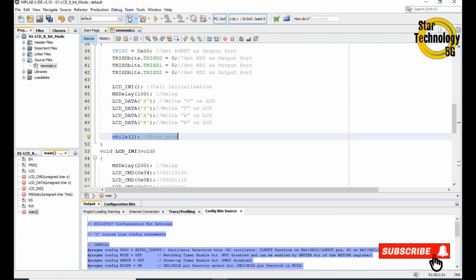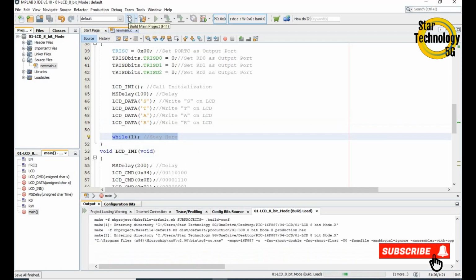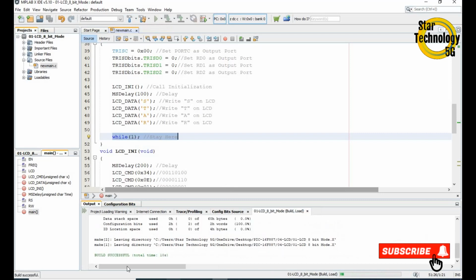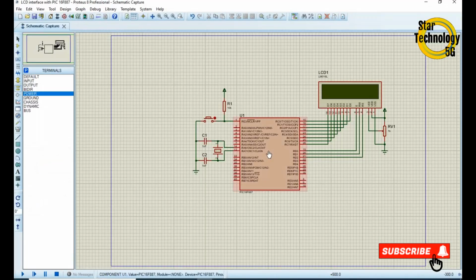Now we will create its hex file. Just click on build main project. Main file is ready. Hex file is created. Now we will load this file into our project.